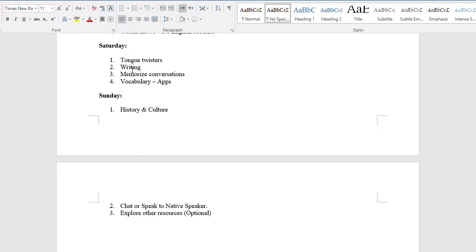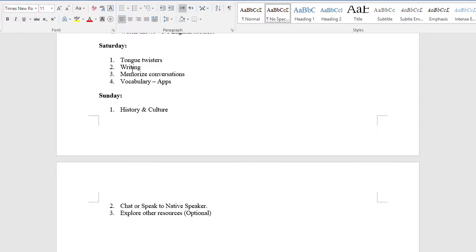And then writing, I would say, is very important. Sometimes when you first start a language, you may have been told that you shouldn't start writing in the early process, but I think writing is important in the sense that it allows you to memorize the words that you're learning. So when you're writing it, you're memorizing it. Saying it is different, seeing it is different, but when you're writing it, you're learning. So in other words, this schedule helps you with your kinesthetic skills, your visual skills, your auditory skills, stuff like that. It allows you to master all the skills with the language, so that it won't become difficult